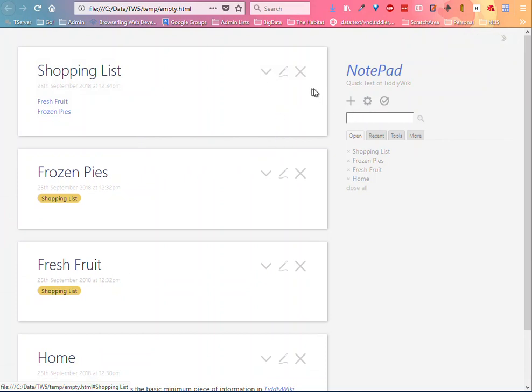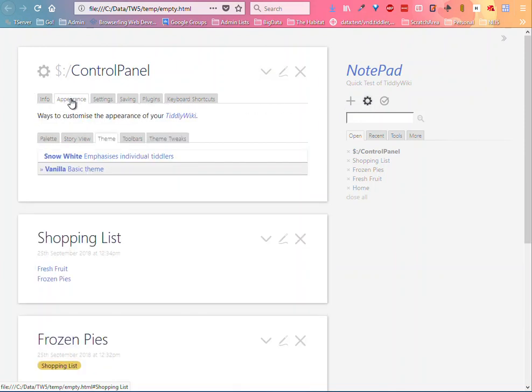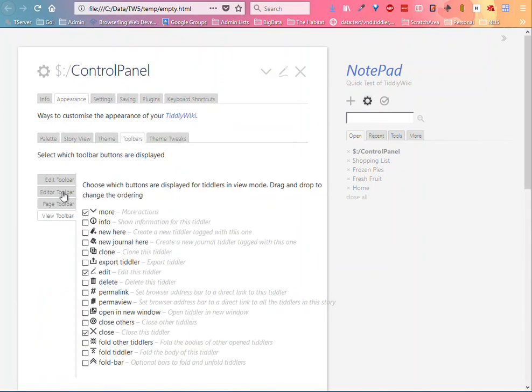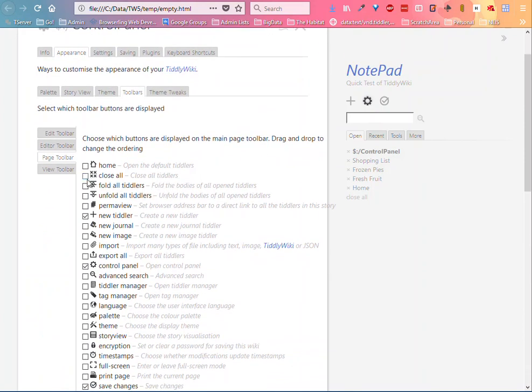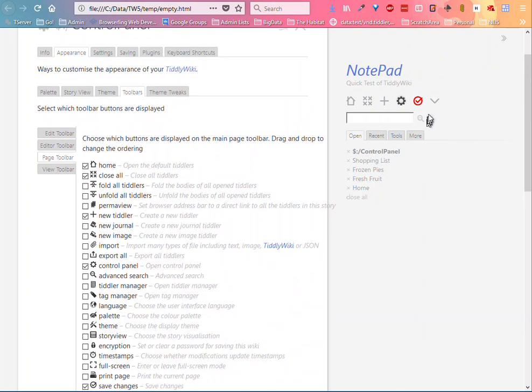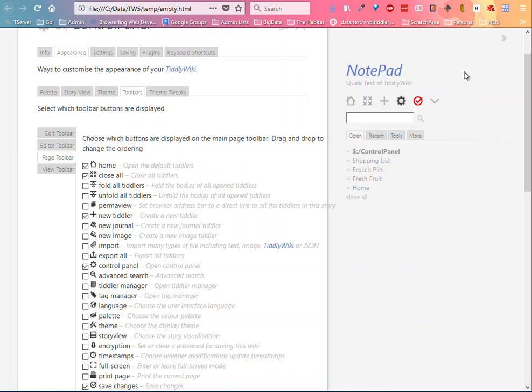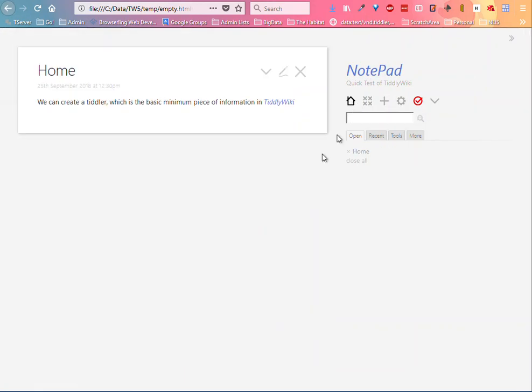So at any time, let's customize the environment a little, just so that things work a bit differently. A favorite place for me when I have a new wiki is to go to the control panel, then appearance, toolbars, and go to the page toolbar. And the quickest and easiest thing to do is to include home, close all, and more, so we can access these other unchecked items from this menu. They've all appeared here on the right, and now under the more we can see everything. So if we know how to import and export, we can use those icons. But I'm going to click home now, and basically it closes everything and opens the thing we put in the